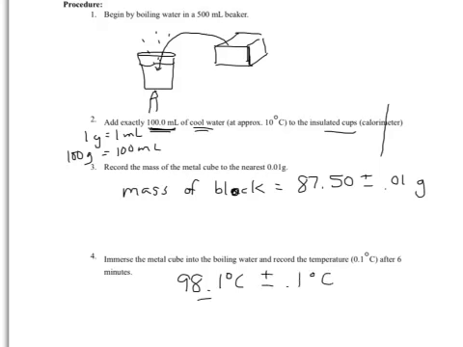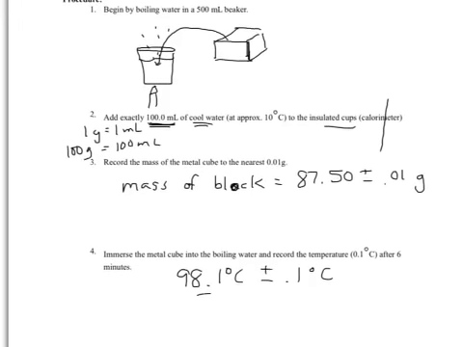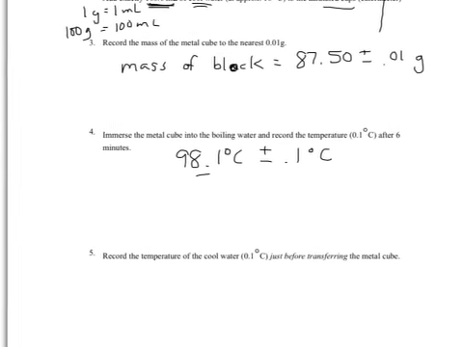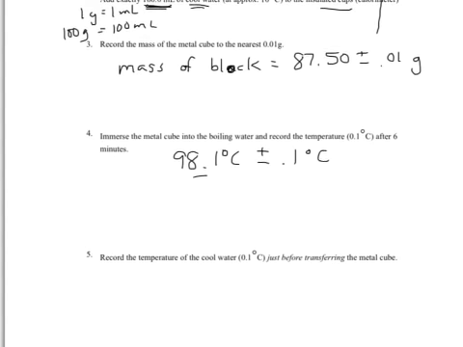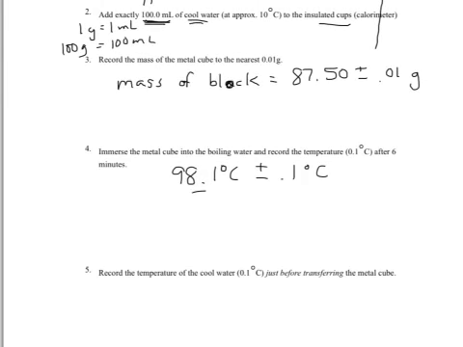That it's not exactly 100 is fine. We have different boiling temperatures at different elevations, different pressures in the air, and so 98.1 is fine. Okay, and so when we see that temperature, we are quickly going to take that block out